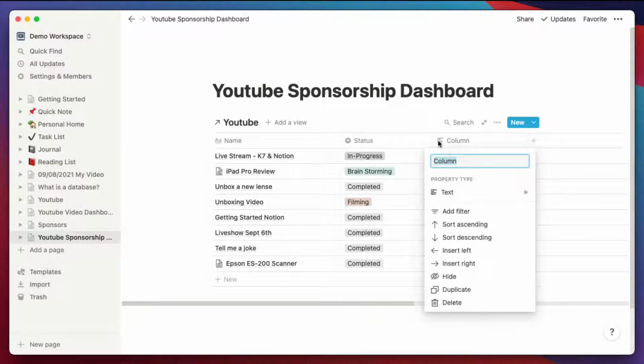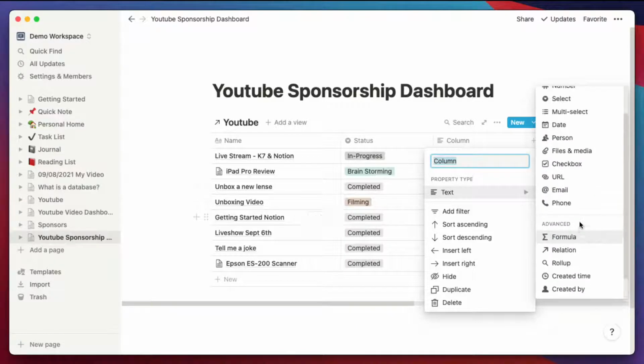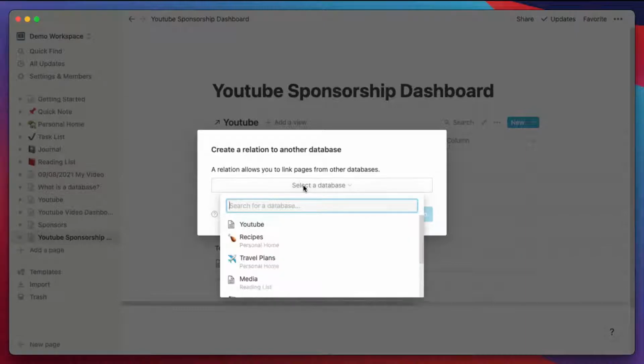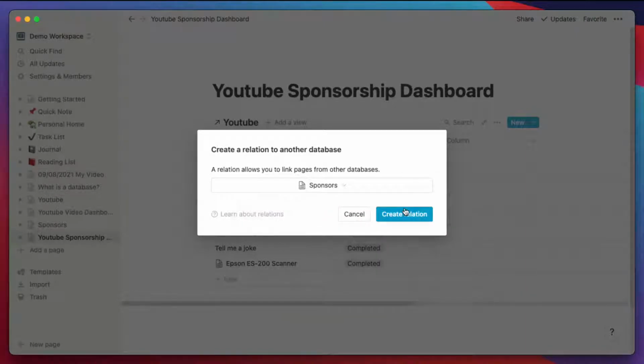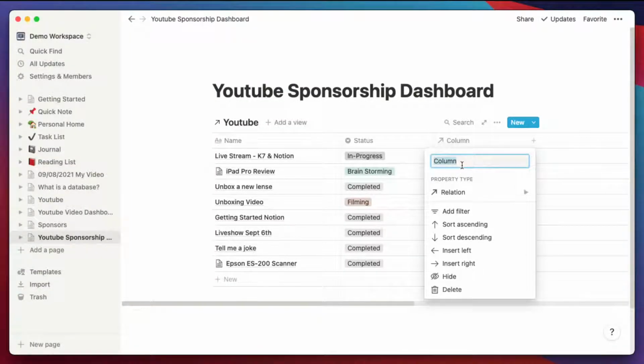So let's create a new column here called a relation. And we want to select the database that we want to do a relation with, and that's the sponsors. Let's create the relation, okay? And I'm going to call this sponsors.